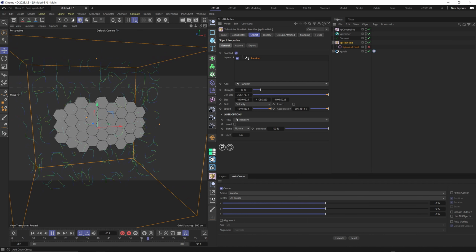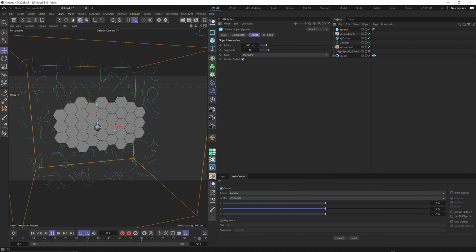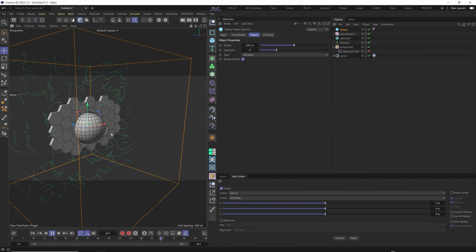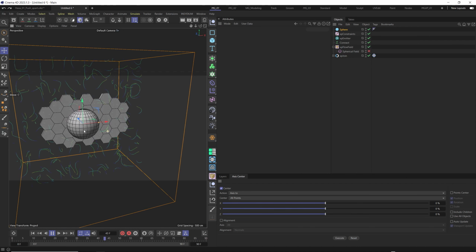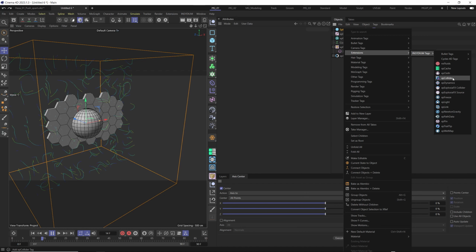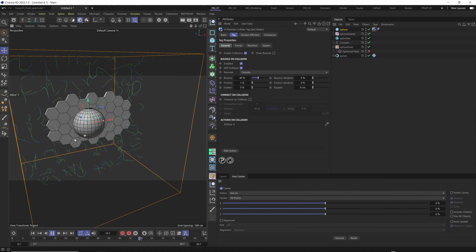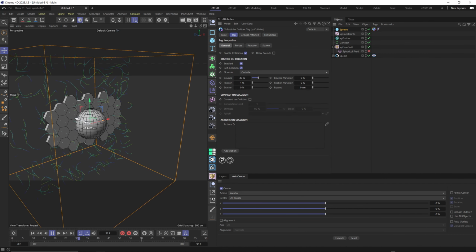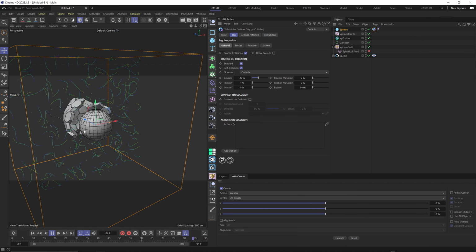Now we can add, for example, our sphere back, radius, for example, we make it 500, a little bit of segments. And now after creating our sphere, we go to extension and add xp collider. And now when we play, we have a kind of interaction between our surface,